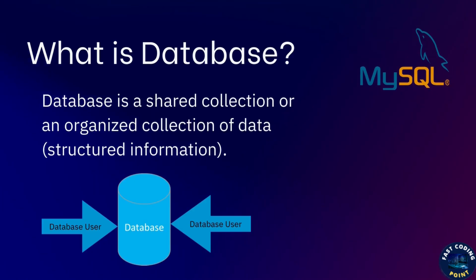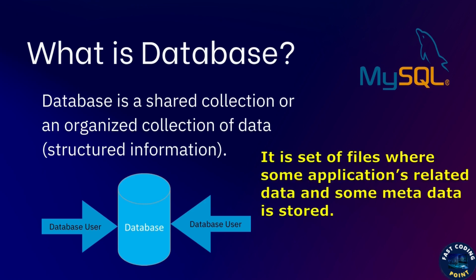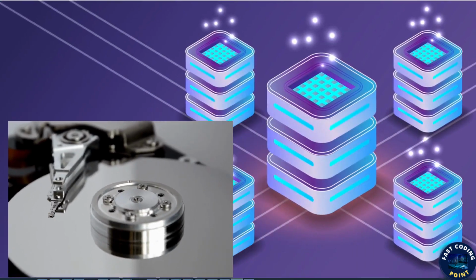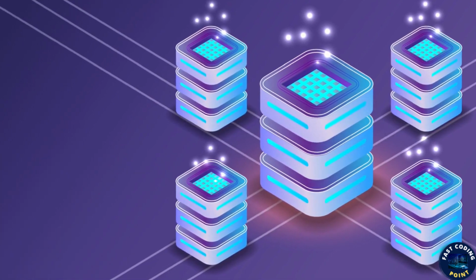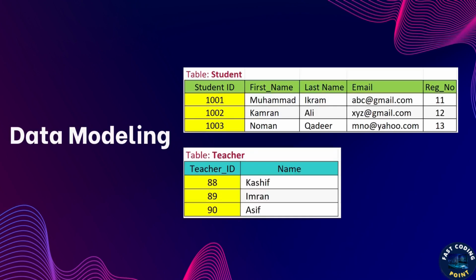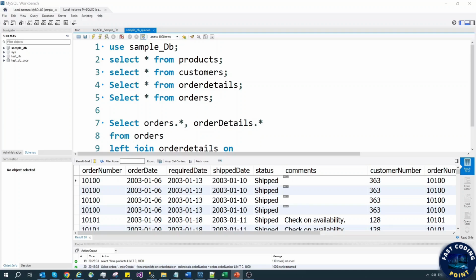Actually, a database is a shared collection of logically related data. Or you can say it is basically an organized collection of data. So in short, a database is a collection of data, and it is the set of files where some application-related data and some metadata is stored. So normally the database will be stored in the form of files. If we talk about the most common types of databases in operation today, data is typically modeled in rows and columns along with a series of tables. So this is the way we can process, we can add, we can edit, and we can query data efficiently